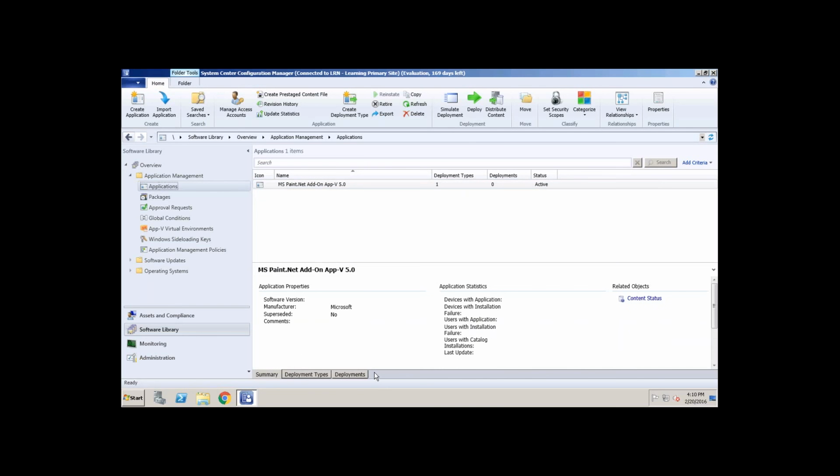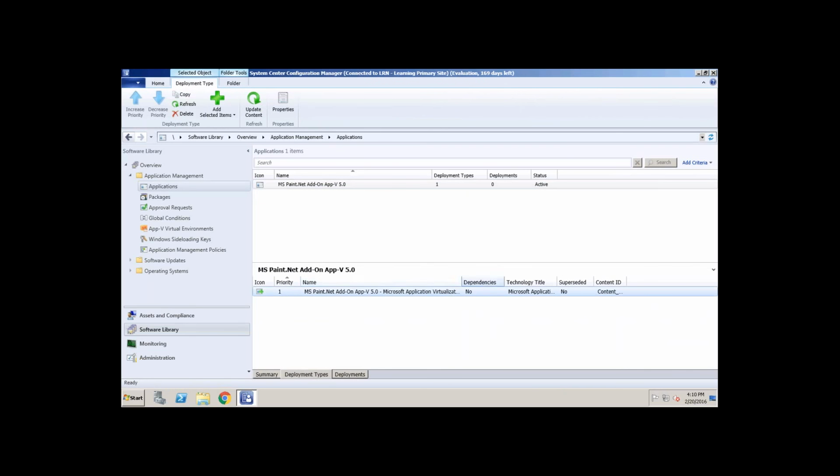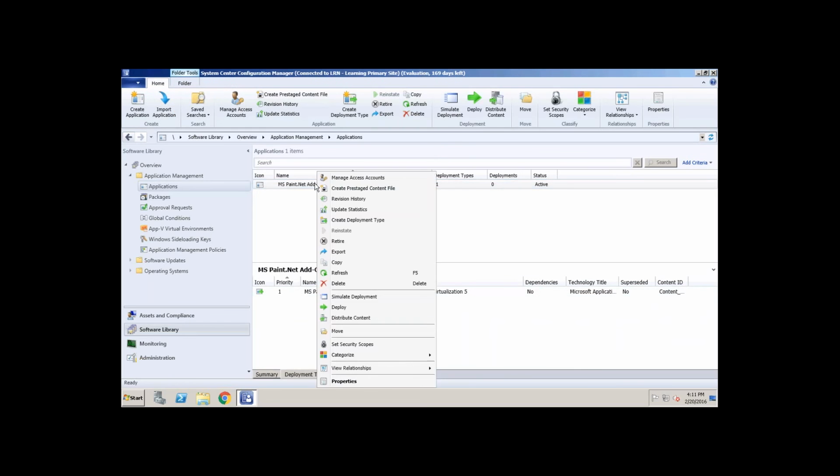Now if you want to deploy it, if you want to install it to the client machines, from here you can see the deployment type. Go to deployment type, right click on it, and you have an option called distribute content.